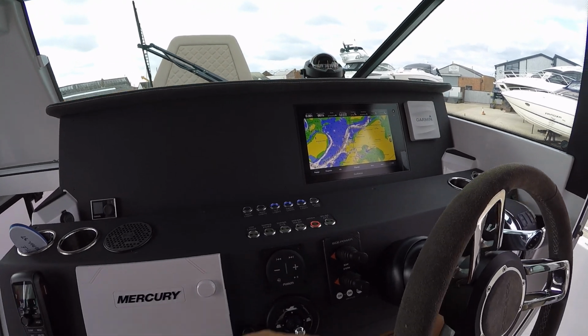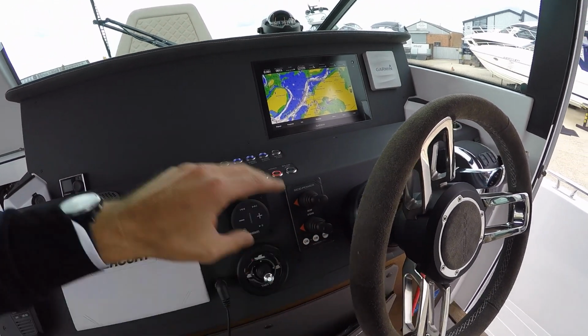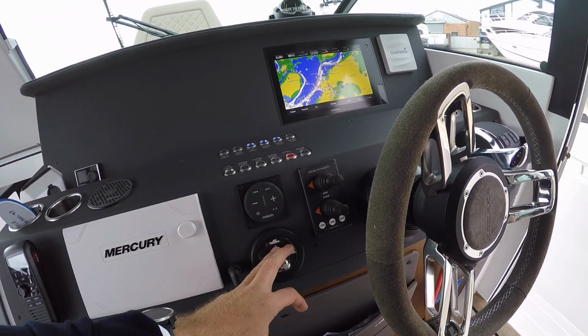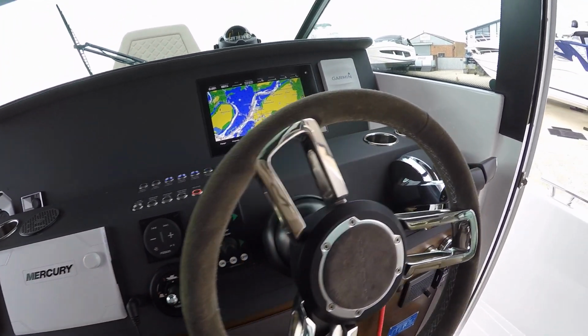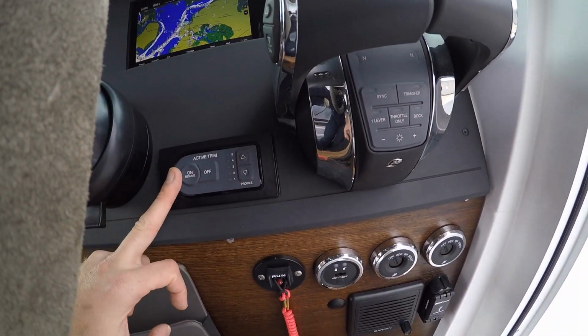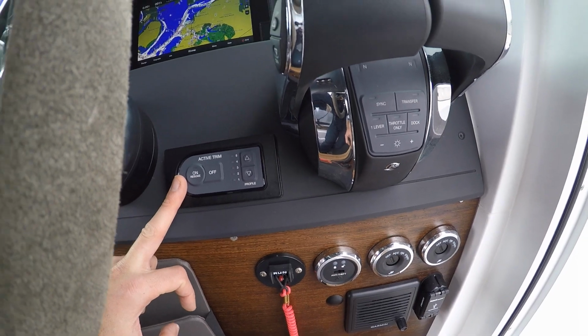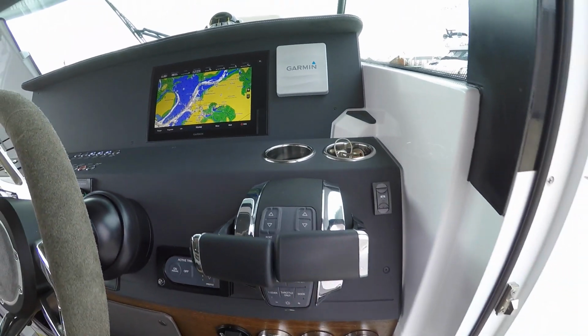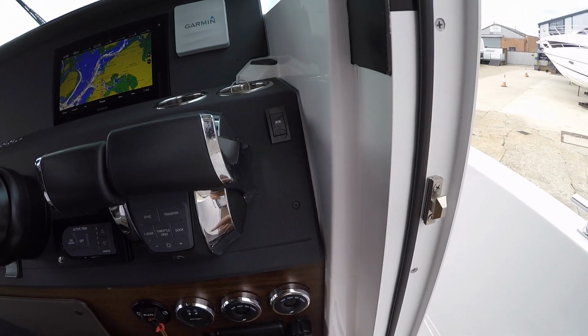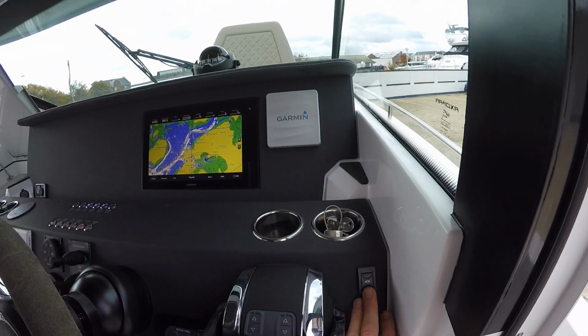This bit here, as you can see, is the bow and stern thruster controls. You can control the Fusion music unit up here as well, and obviously the tabs at this point just here as well. And then obviously we've got twin sticks. This has been spec'd with the active trim system for the engines and the trim tabs at the back. You've got a waterproof wireless USB port just in there. Sorry, a USB port just in there, and this is the button for that